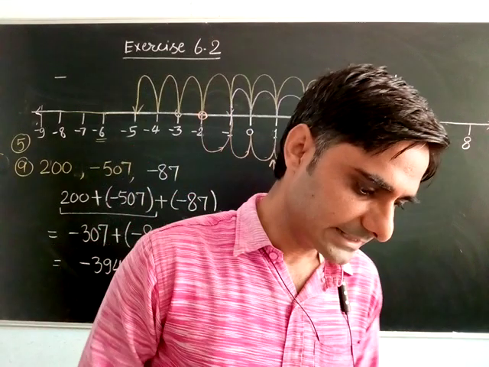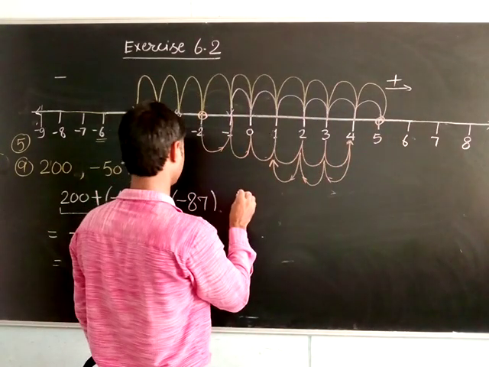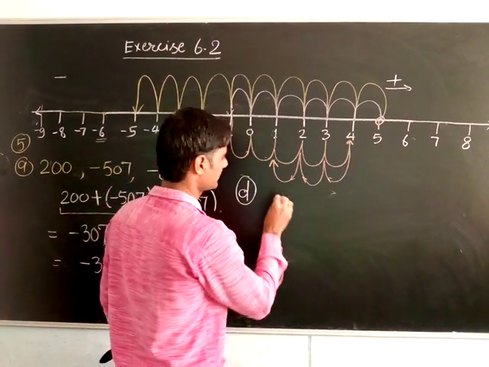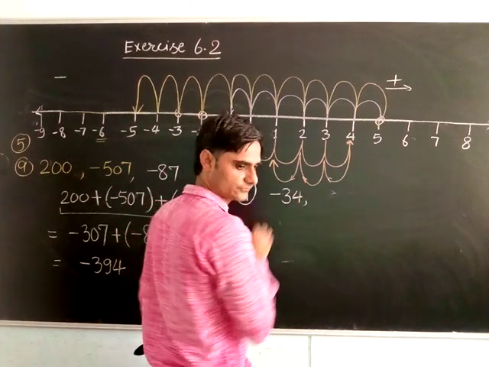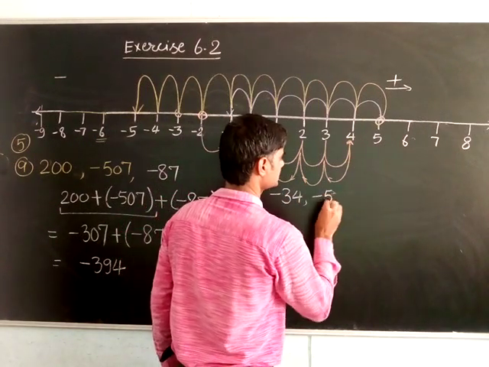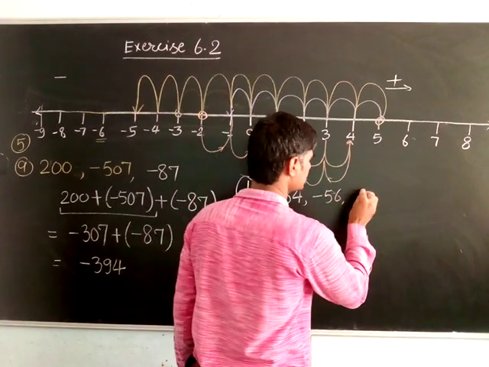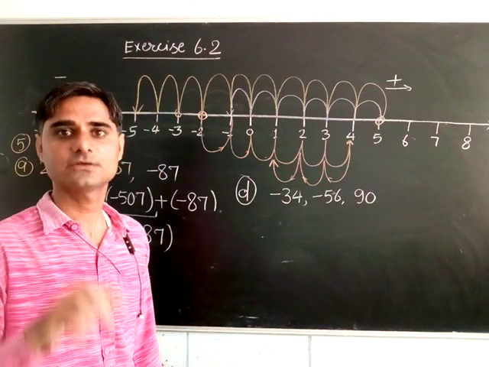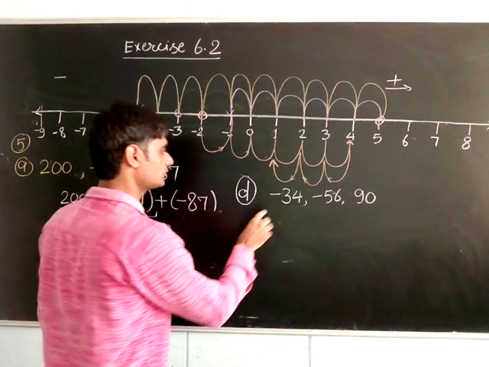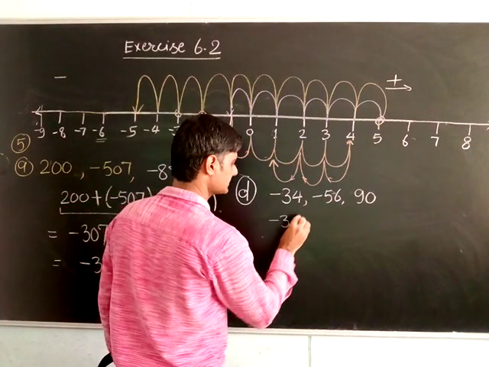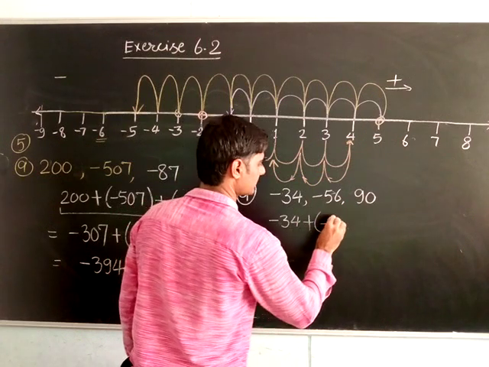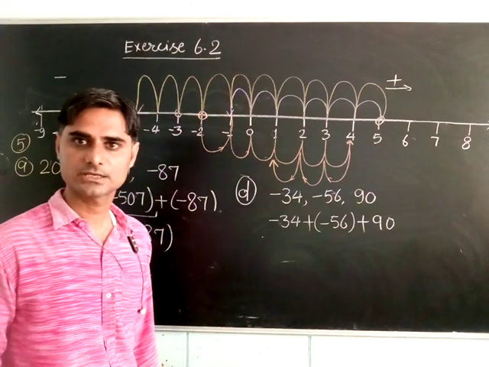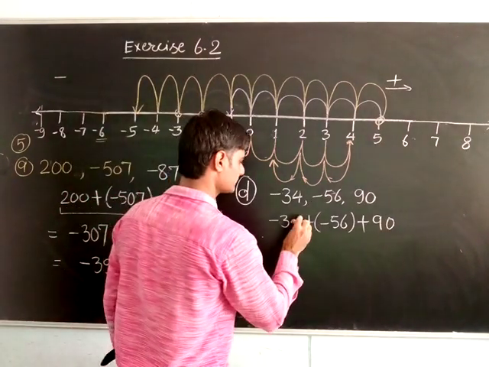Now see the last one. Last question is given, that is minus 34, minus 56, minus 90. That is question number D. Right? लिखता हूँ मैं minus 34. Second minus 56. And the last, this is 9. We have to find sum. Written here, find the sum of. Sum, how to find sum? Just add them. Minus 34 plus minus 56 plus 9. This is the way to write. Okay. After that one, what we will do?